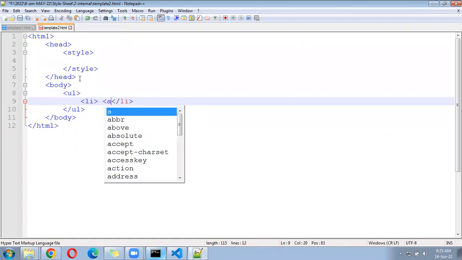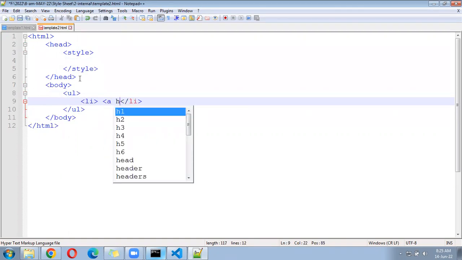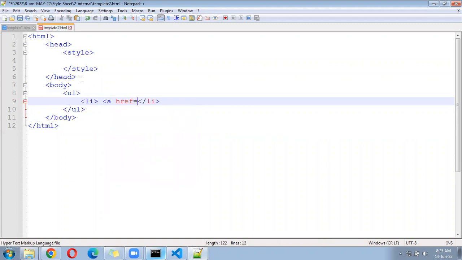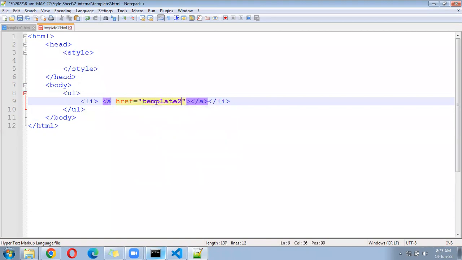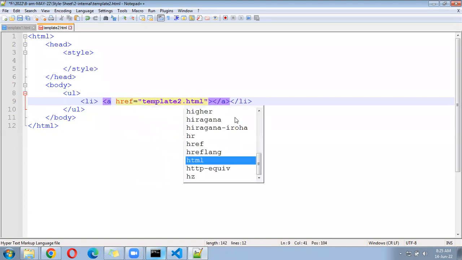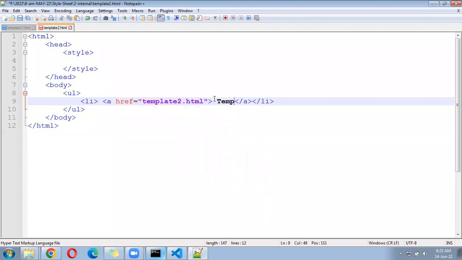Under the li also keep a href, add here template2.html, template2,